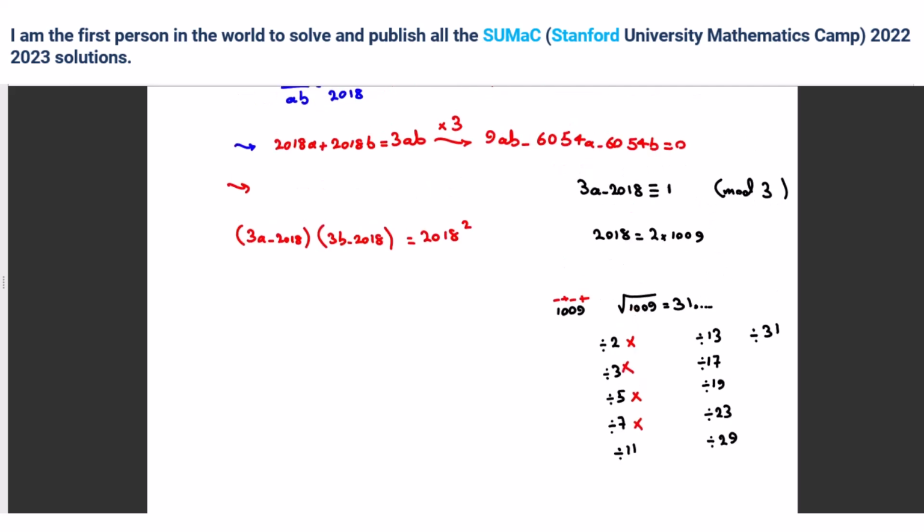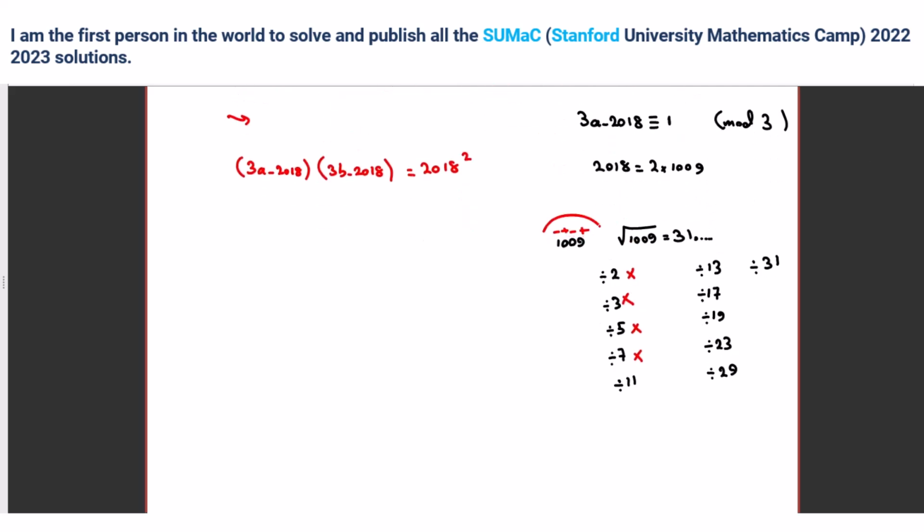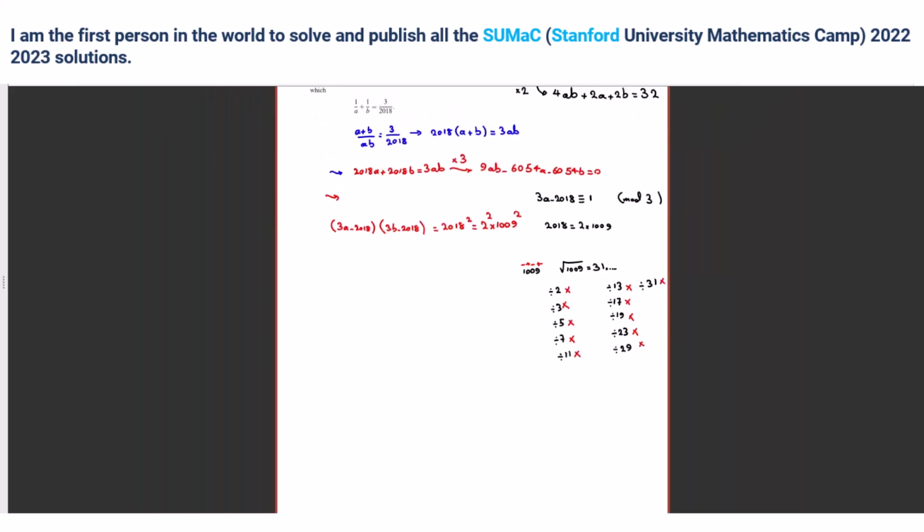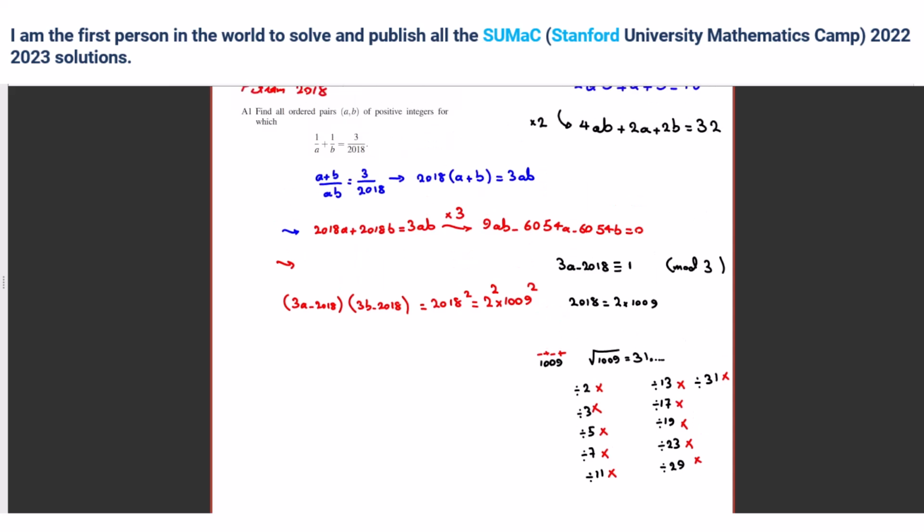Yes, sir. So then we want to check mod 11. We say, okay, 9 minus 1 is 8, so it's not a multiple of 11. And if you check all the other numbers, you will see it's not a multiple, so 1009 is prime, right? Yes, sir. So it is 2 times 1009 times 2 squared times 1009 squared, right? Yes, sir. So when you want to consider cases here, for example, it is not possible to have 2 here because we proved each of them should be 1 mod 3. So you can ignore some of the cases, right? Yes, sir. Okay, so try to find all possible answers such that